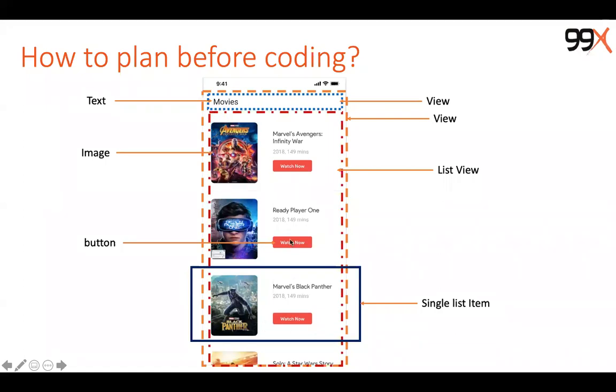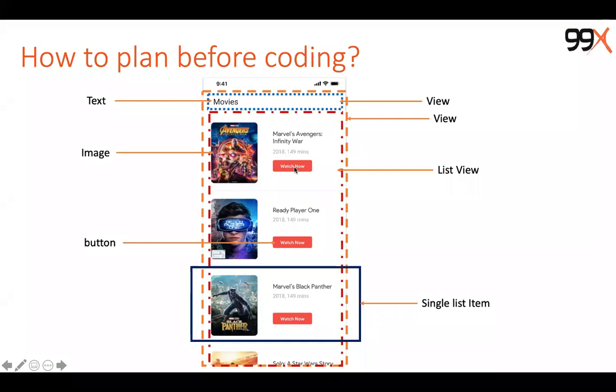list view. The list view will be something we can scroll, and inside this list view, we should have list items. In a list item, we have an image, a text for showing the title of the movie and a few pieces of information, and a button.